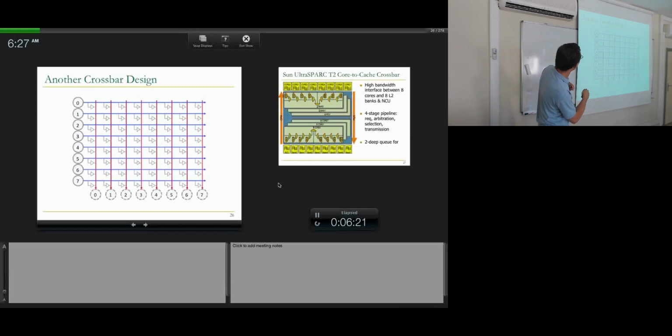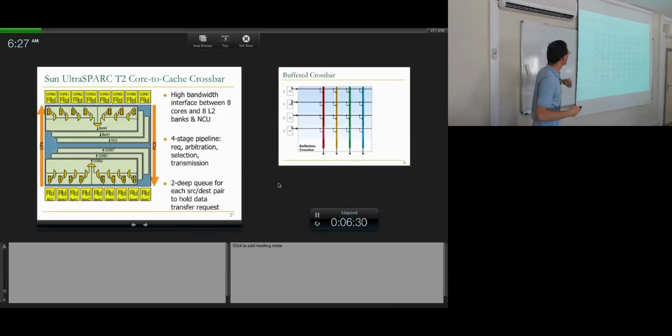You can enable only one of these nodes to be connected to the destination node. So how do you arbitrate between these as n increases? It becomes a problem. So UltraSPARC has a crossbar like this. It has cores on this side. It has cache banks on this side and a non-cacheable unit, which is a network